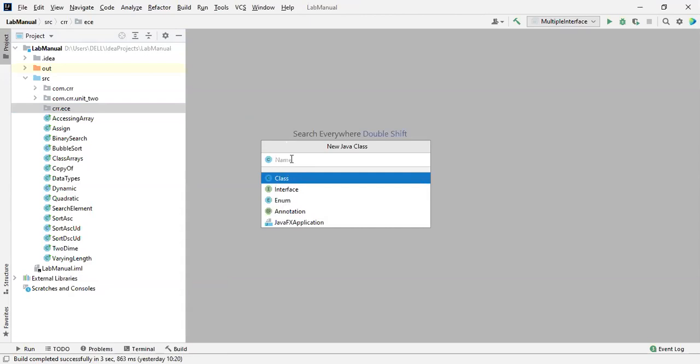And for the class name, what is the class name? Class name starts with a capital letter. Now for this sake, we are going to discuss the data types, right? I mention the capital D, Data, and the second word should be a capital letter. Not should be, you can write a small letter also, but if there are two words inside one program, you have to take a capital letter over there. This is also a programmer's rule. Data Types. So you have to mention capital T, YPES.